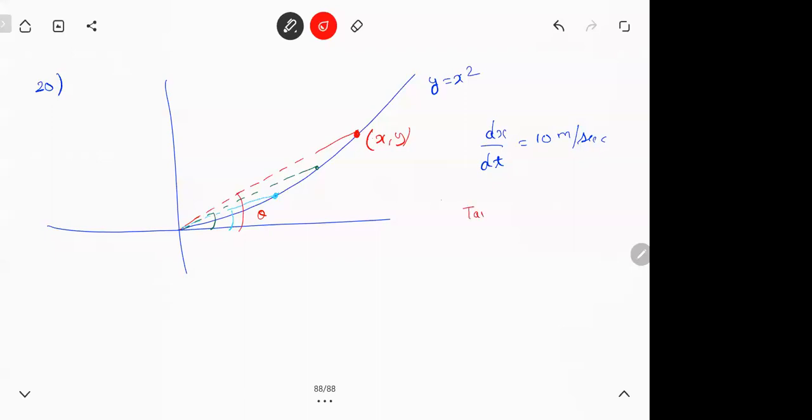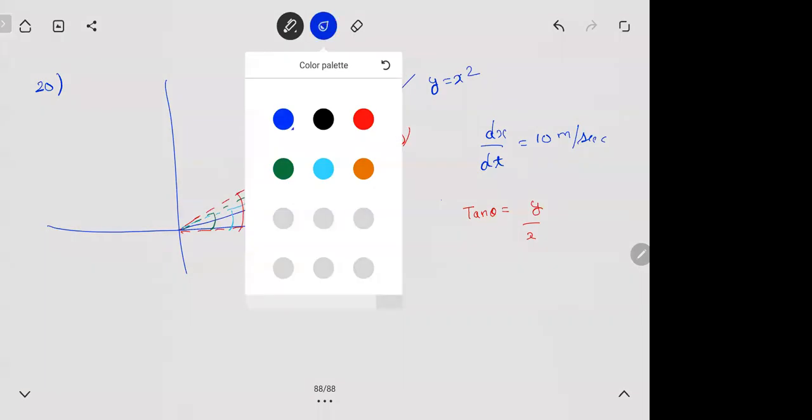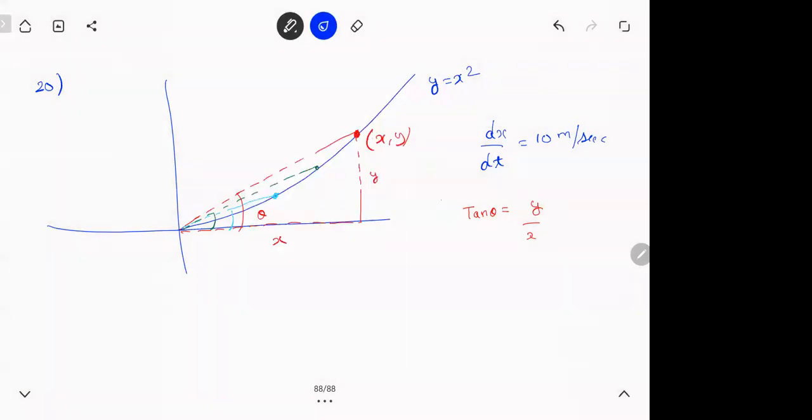So I know tan theta is how much? y by x. Drop a right angle triangle. If you drop a perpendicular onto the x-axis, that forms a right angle triangle where tan theta is y by x. Any doubts there? Please ask me. This is what the question is. Now the line that is rotating, at what rate is that angle changing? That's what he is trying to ask you. Any doubts till this part? This is the whole meaning of that question.